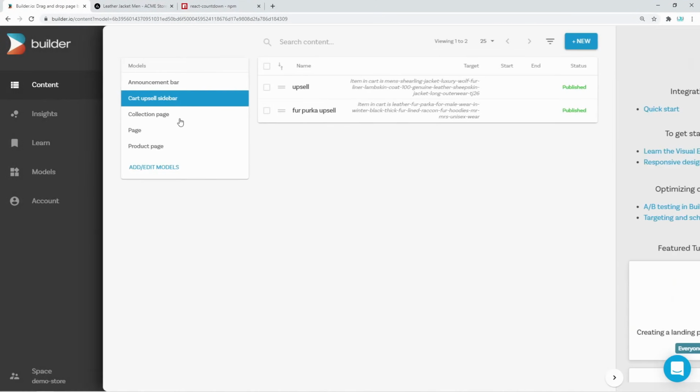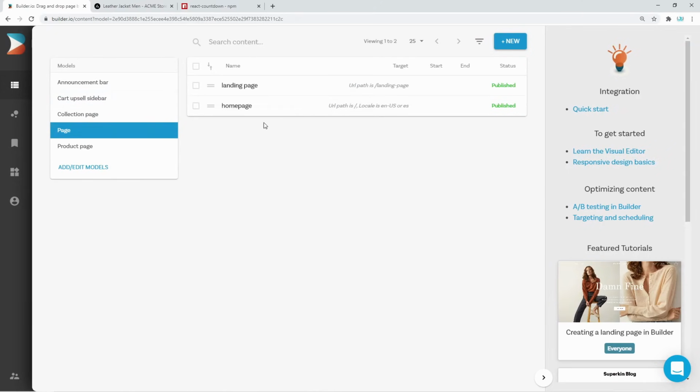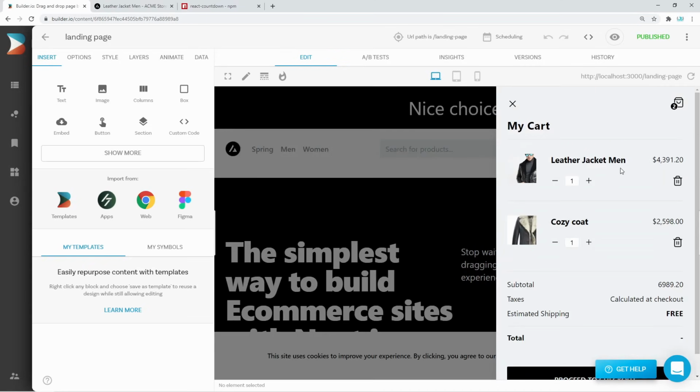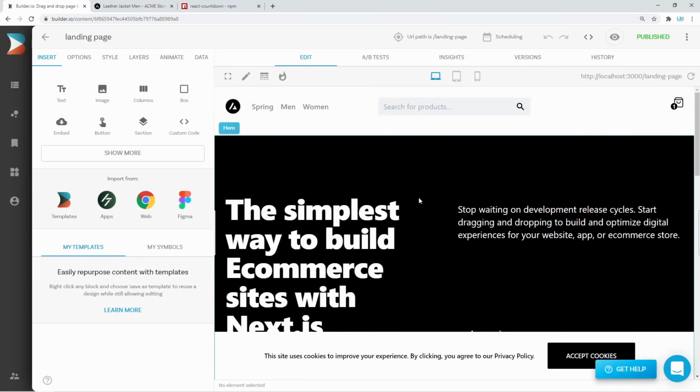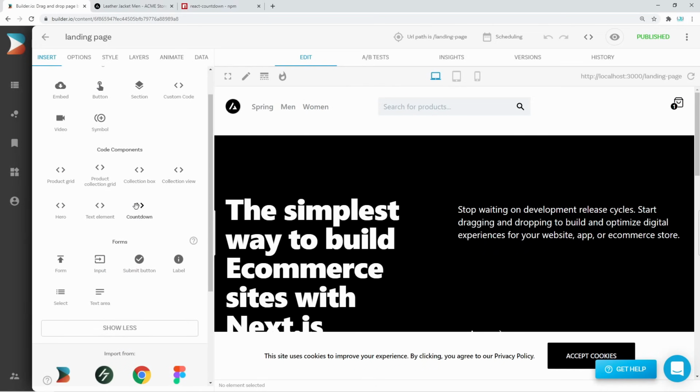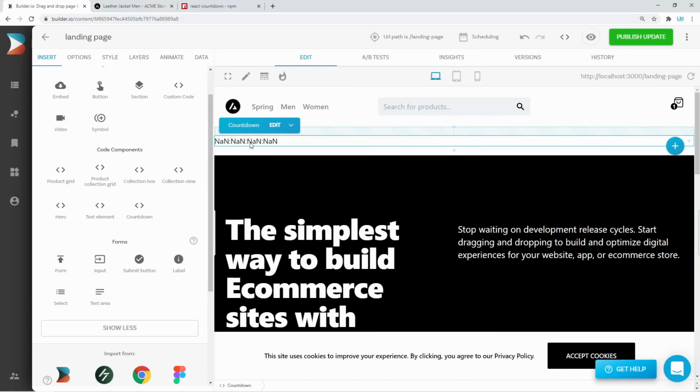Okay, I'm going to go fully back to our content, to our page, and let's go to our landing page. There we go, it loaded. Let's remove our cozy code from our cart because we don't want to have this nice choice at the top. There we go, it automatically gets removed. And now if we go to show more, take a look. There is a countdown component. We're going to place it at the top,